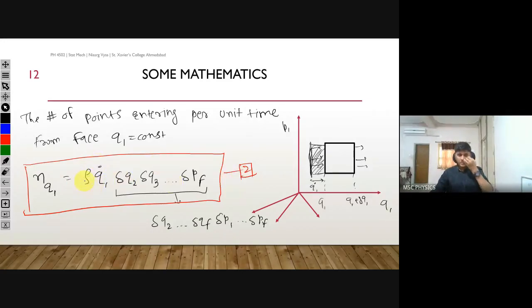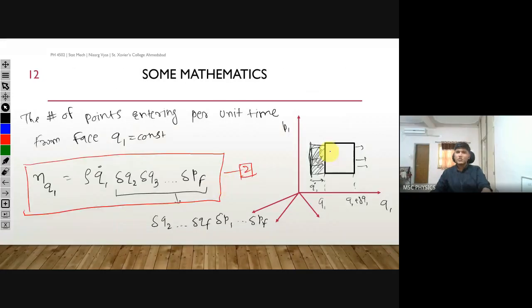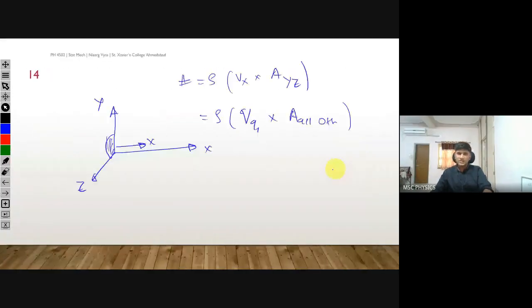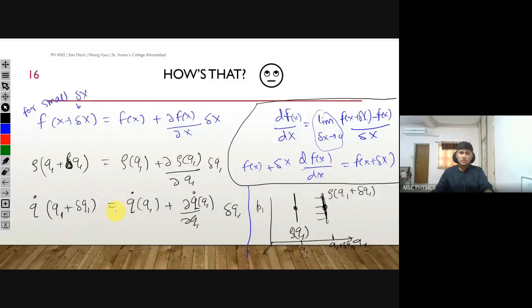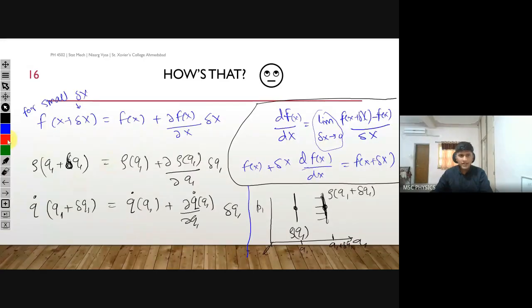So here the rho was at Q1 and Q dot, meaning the velocity in the Q1 direction, was also at Q1. But here these two terms are at this plane, and because rho was changing, rho was a function of Q, P and T. I wrote it somewhere. Rho was a function of Q, P and T. Rho changes its value, and the velocity in this direction also changes its value at a different plane. So these two guys can be written like this. That's how you can change this. So it is rho at Q1.